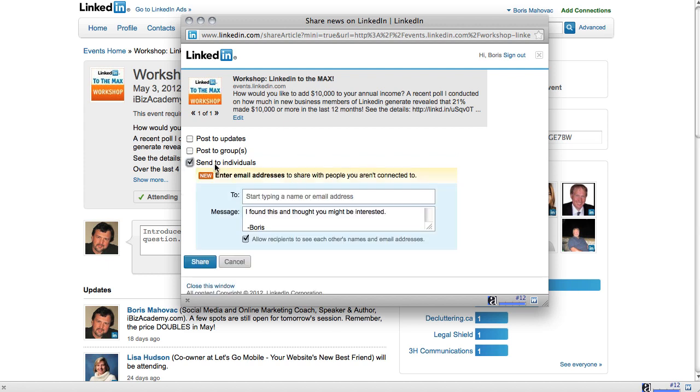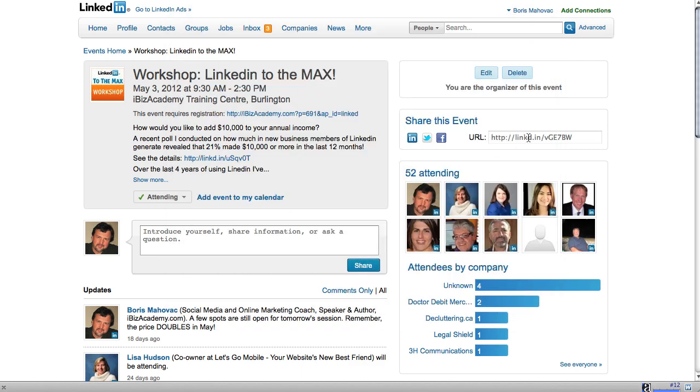Also, what you can do is send to individuals, but this is not very handy here because you have to start typing names and so on. However, we are not going to be using this little option here to send messages to our connections. So we're going to just cancel here, and what I'm going to do, I'm just going to select this